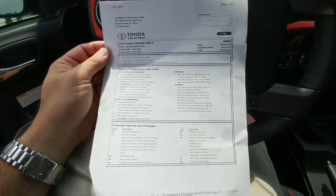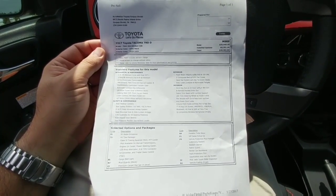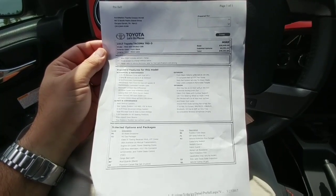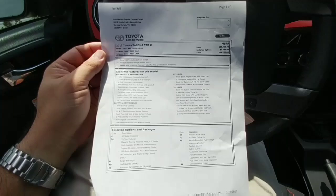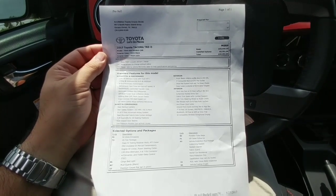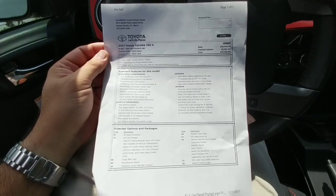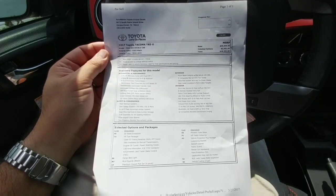Now let's take a look at the window sticker on this specific truck. This truck has a cost of $38,251. If you are interested in buying this truck, AutoNation has worked with me to give you a deal where you get $1,000 off of that price. So it's $37,251 for Big Truck Big RV listeners, which in Toyota's case is a pretty good deal because Toyota generally doesn't